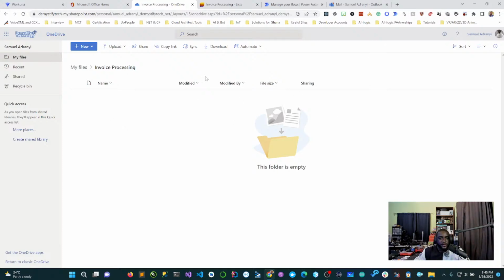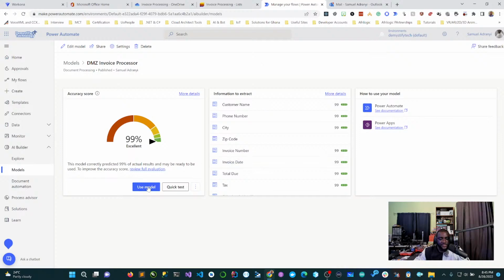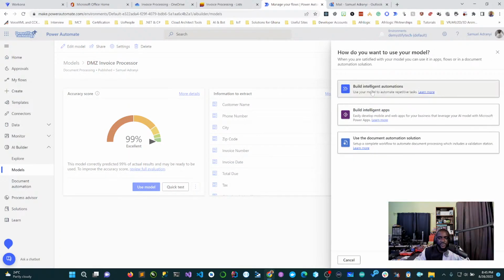All right. So now all we need is ready. Our model is ready. Our folder is ready. Our list is ready. Our email box is ready. Now all that is left for us is to use the flow. So here, let's go ahead and click on use model, and we want to use, in this case,